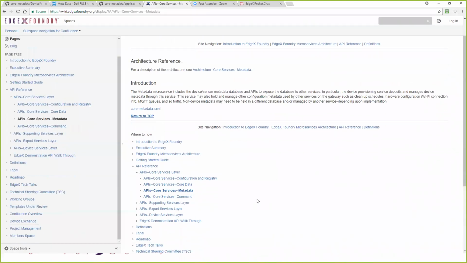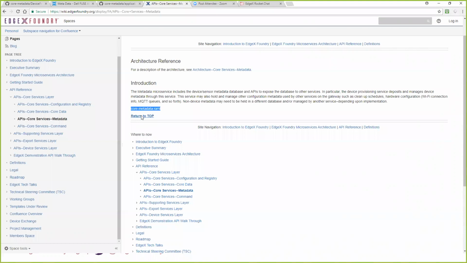Now in there, and this is a little bit hidden and a bit unfortunate, we don't have a plugin to readily display the RAML document that gives you a better visual of the API. But you'll see right at the top of each of these API references a RAML link. If you download that RAML document, you can use a RAML to HTML tool. You can look that up on Google, RAML to HTML, and that tool will allow you to convert that RAML document into a nice, easy to read HTML document that you can use to actually go through the API. But if you speak RAML or you have other tools that can digest that RAML for you, that will actually give you the API for any one of our services.